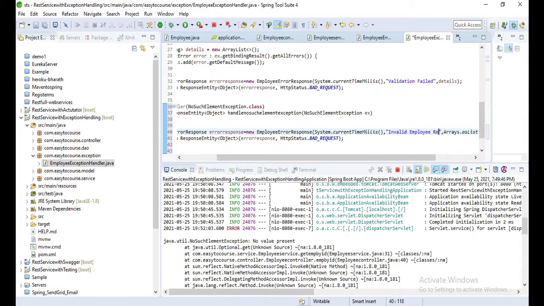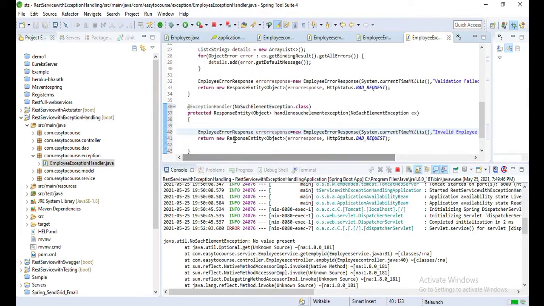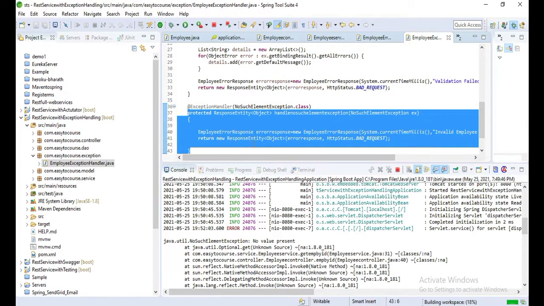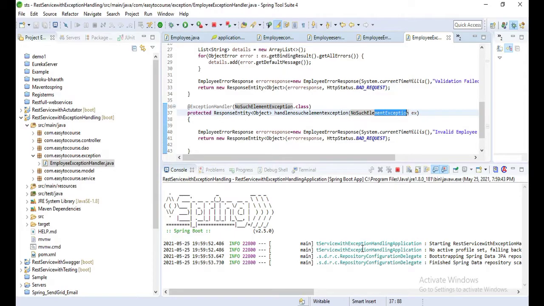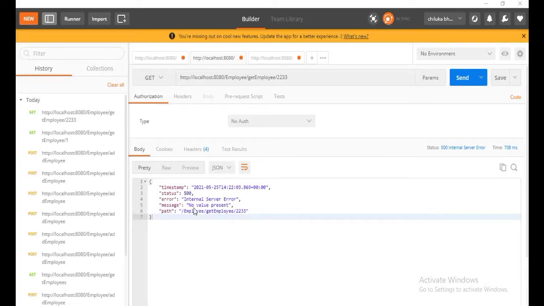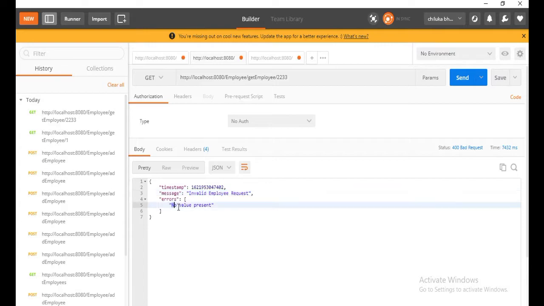Now let's change the message to invalid employee request. Relaunch our application. This exception handler is added so that it will handle those NoSuchElementException errors. So let's verify. Send. Yeah, we got the nice error response: invalid employee request, no value present.